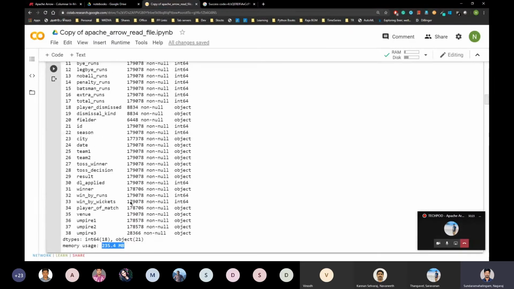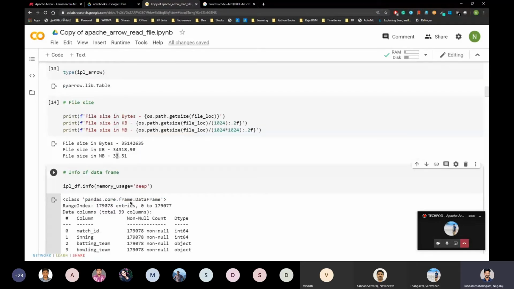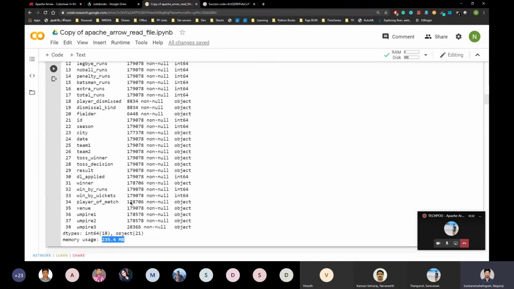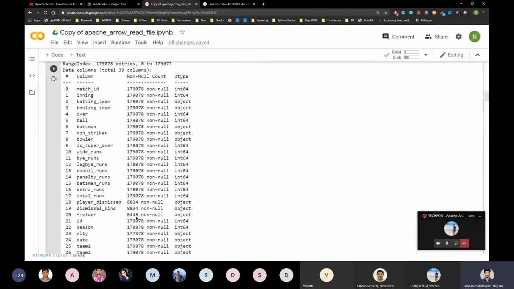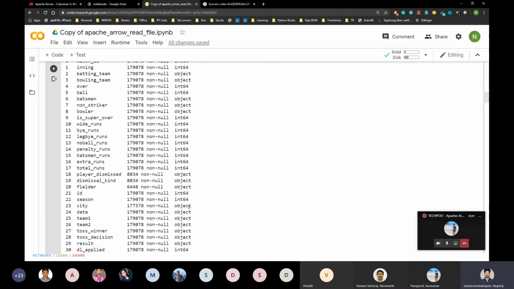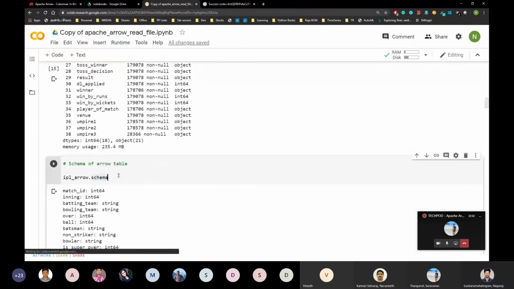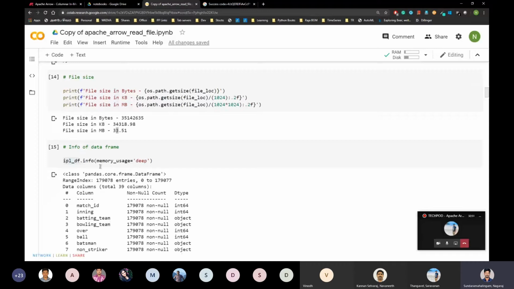Though the file size is 33 MB, the object stored in memory is 235 MB. These are the column names and the data types, like integer and object, just information about your data.